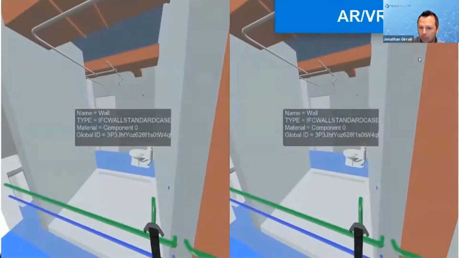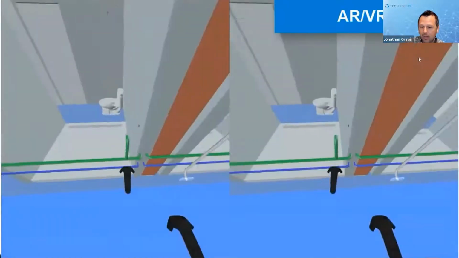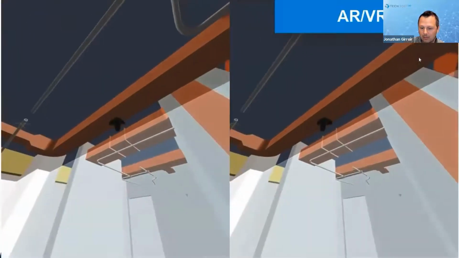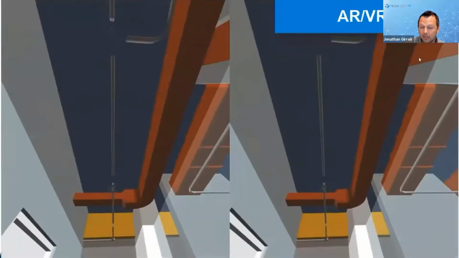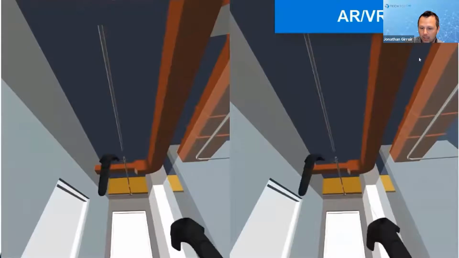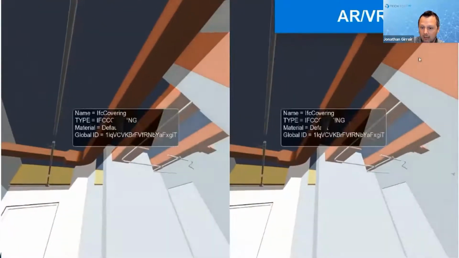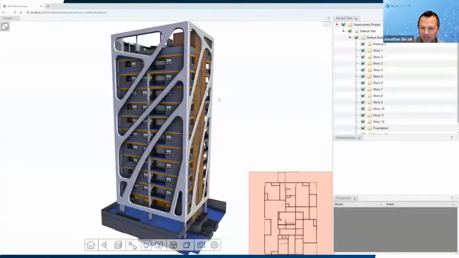And really, no matter what type of operating system or device you're using, this is an HTC Vive, we're able to support that: desktop, mobile, web, and AR and VR, and bring your data in and navigate it and have the tools available, as well as showing metadata for all of the objects there. So that's where we've been, what we've been doing, and the different file formats we support. But what are some of the new things that we're doing, especially around the information side of building and construction.